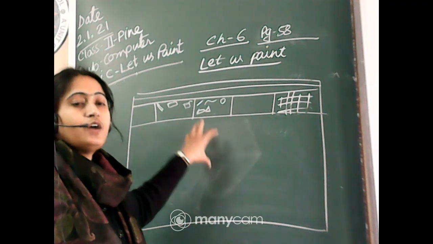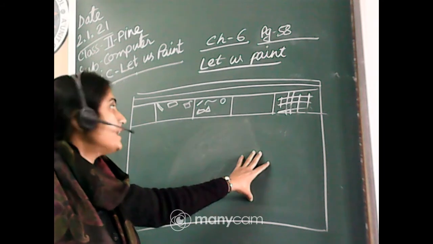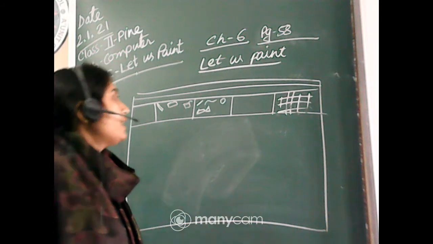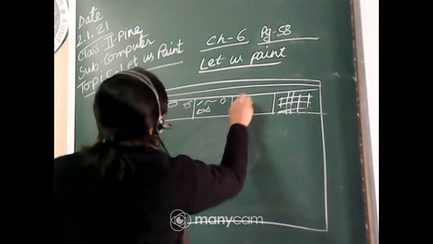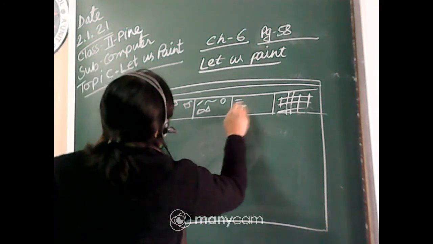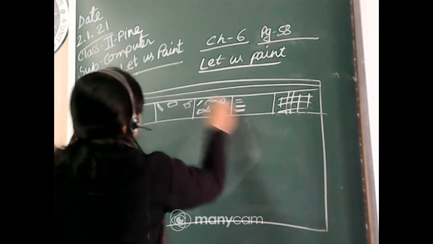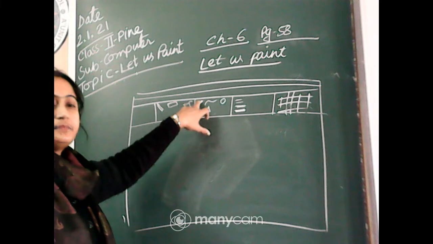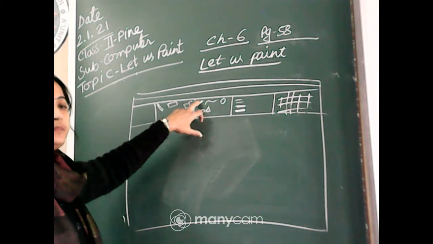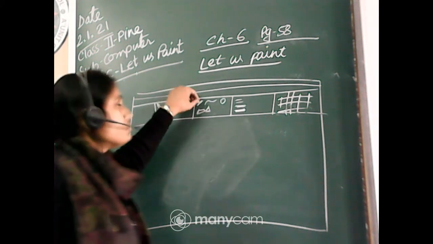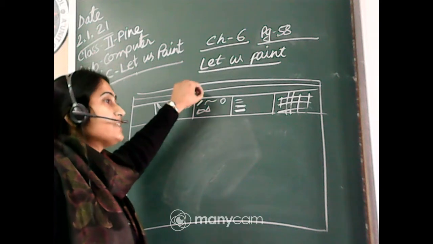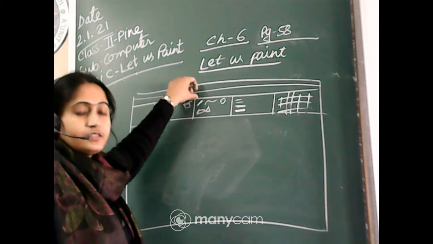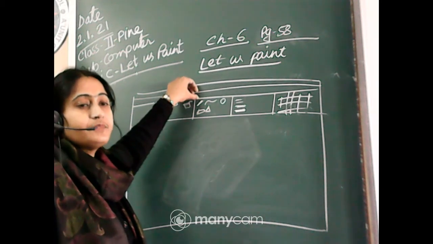Line tool is present in the shapes group. First, if you want to draw a line on the drawing area, you have to choose the line from the shapes group. In the shapes group, you just bring your mouse pointer on the line group and choose the line. First, select the line from the shapes group.